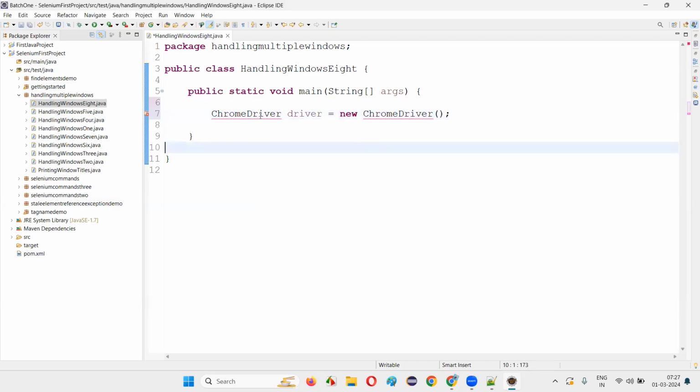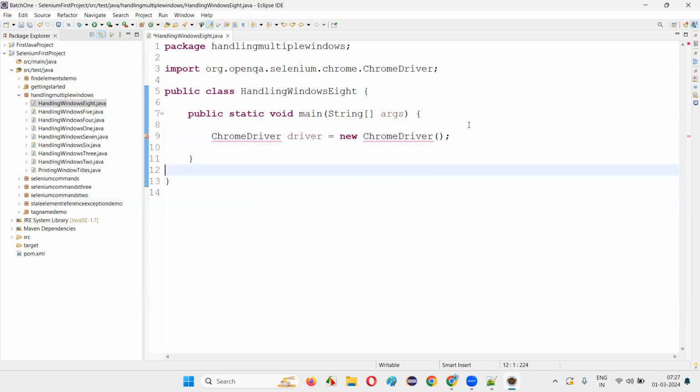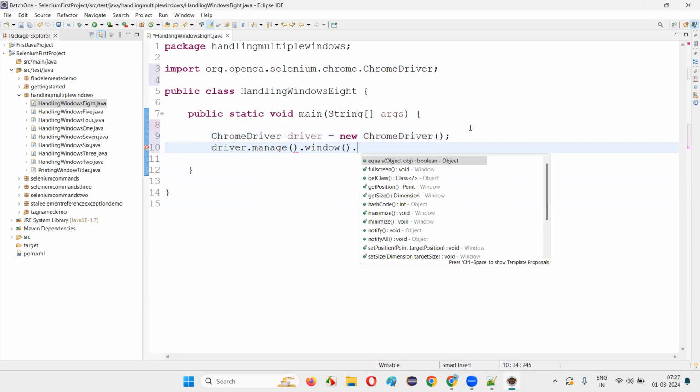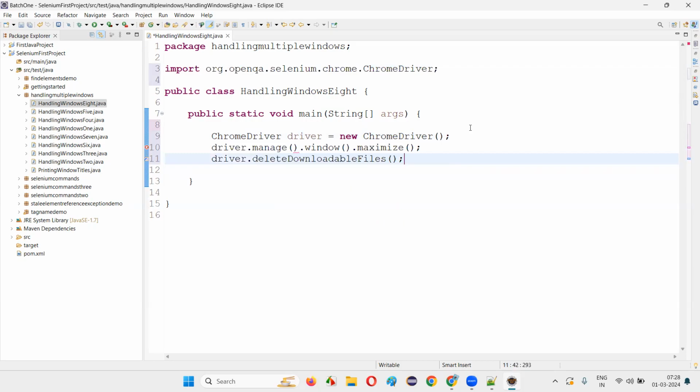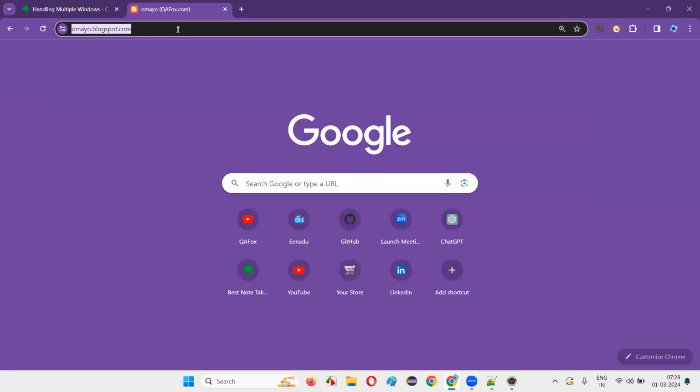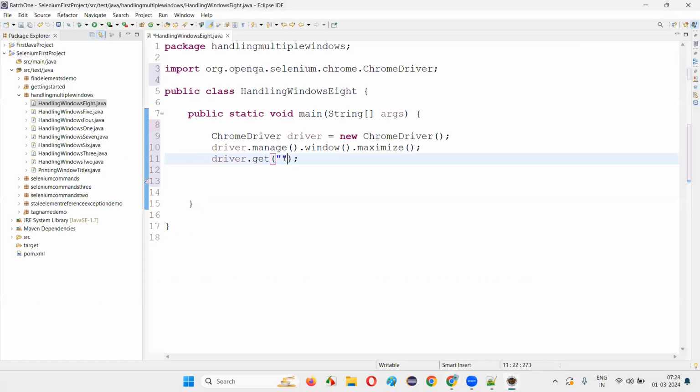And I'll import this Chrome driver from the Selenium library and then say driver.manage().window().maximize(). Then driver.get, we'll open the application URL here. And after opening this application URL, what I want to do is